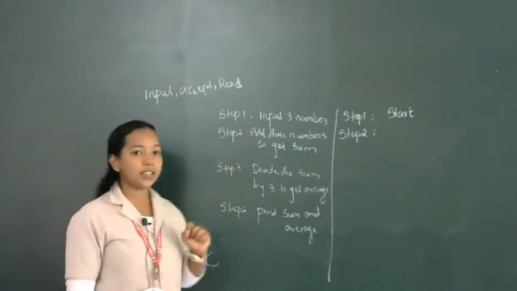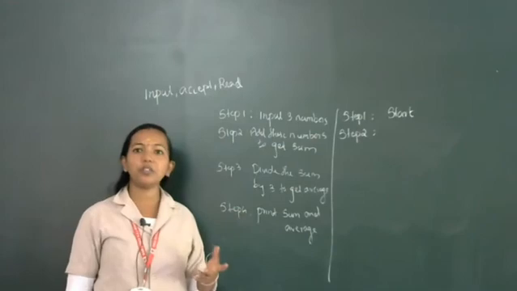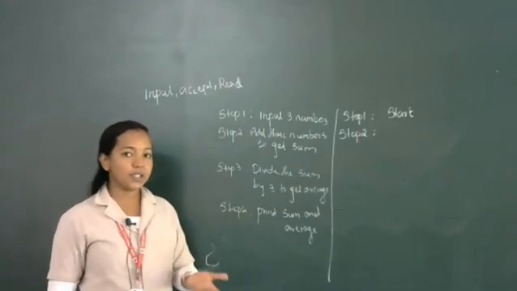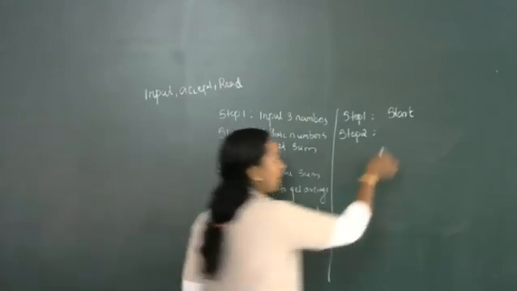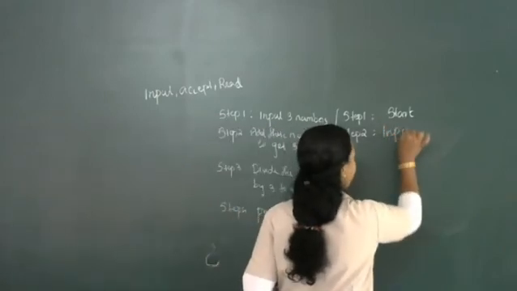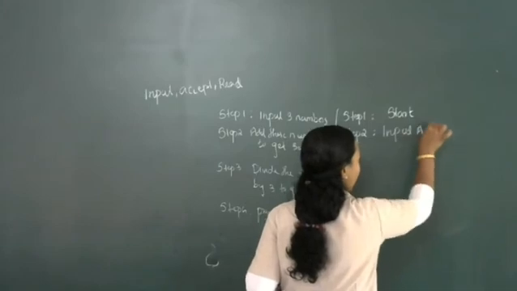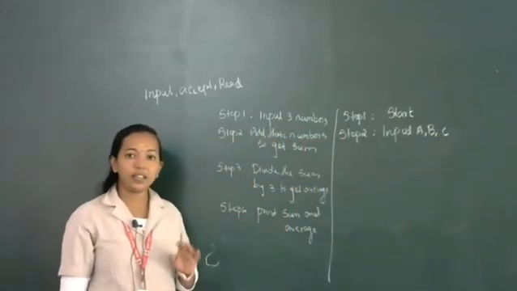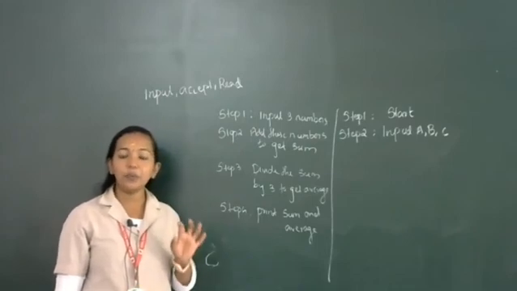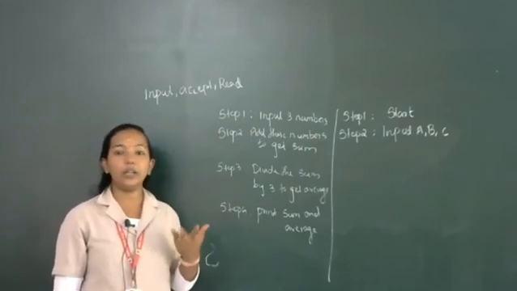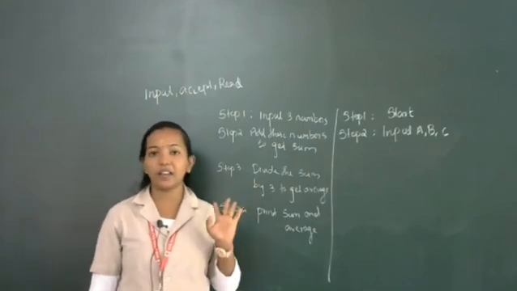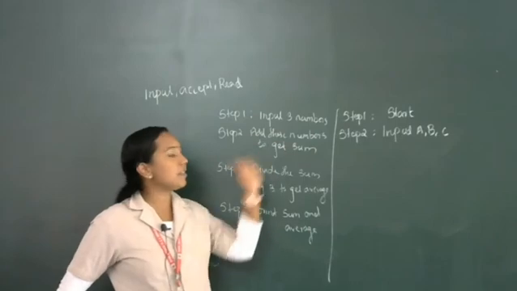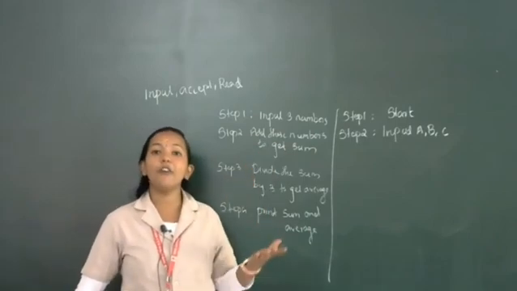So in the second step, in the first step, input 3 numbers. Okay, that is wrong. Always use variables. So what am I going to write? I am going to write input A, B, C. So what does input indicate? It is an instruction. Input means we are inputting 3 values. Instead of values, here we are giving variables. So the second characteristic of an algorithm is that instead of values, always use variables.